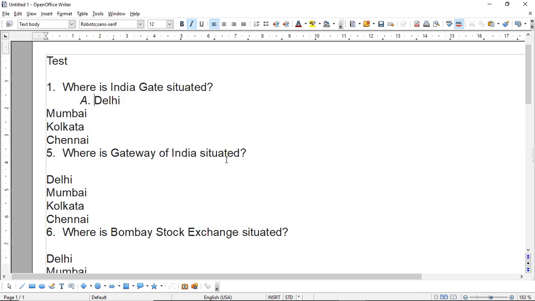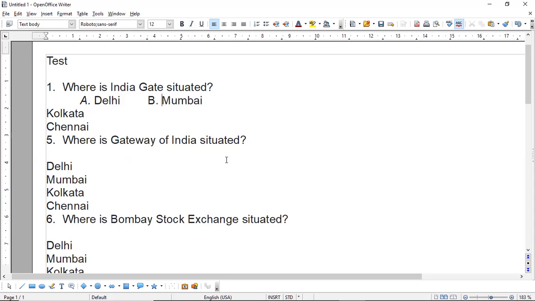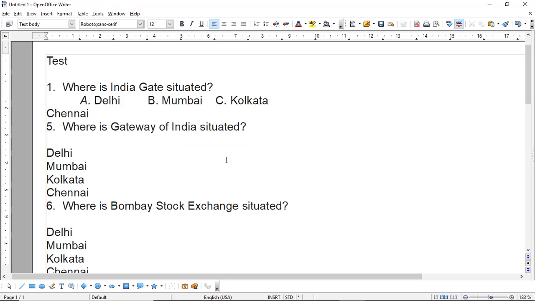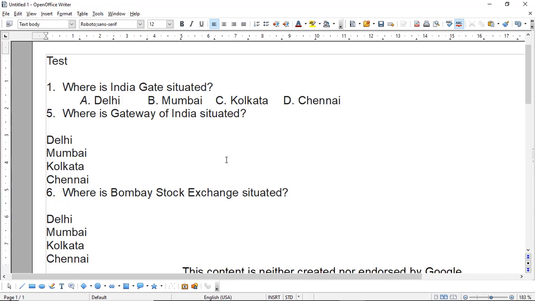First option comes here. Now I press tab, B dot, space, delete. Second option comes here. Again tab, C dot, space, delete. Third option comes here, and tab, D dot, space, delete. So all my 4 options have come in a single row now.